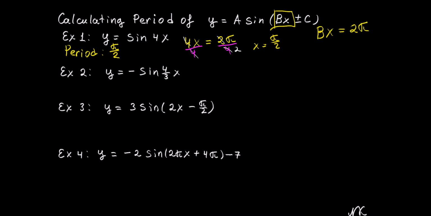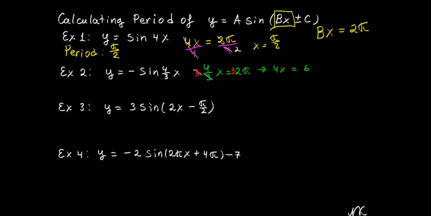In the second example, we have y equals negative sine of 4/3 x. So we want to find out when 4/3 x will be equal to 2 pi. We can divide both sides by 4/3, or undo this fraction step by step by doing the inverses. So 3 is in the denominator. The inverse of dividing by 3 would be to multiply by 3. Whatever we do to one side, we want to do the same thing to the other side. So 2 pi times 3. 3 and 3 will cancel on the left,